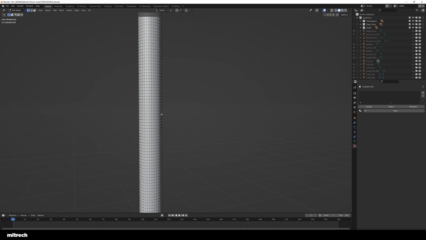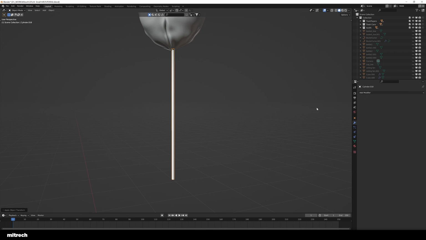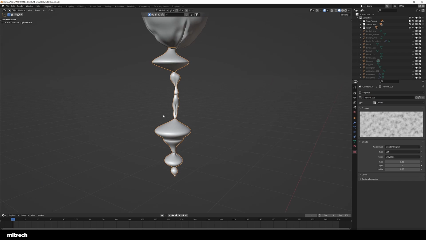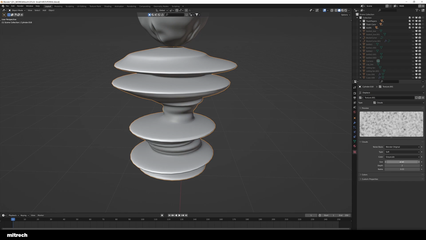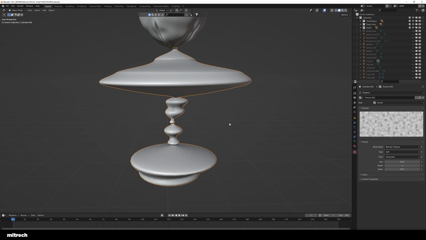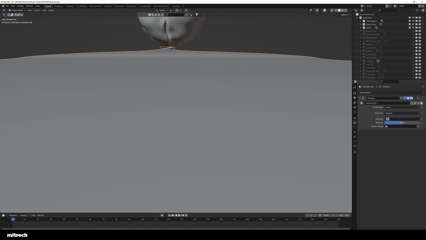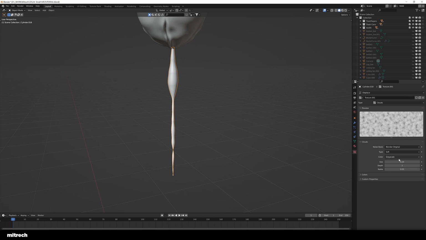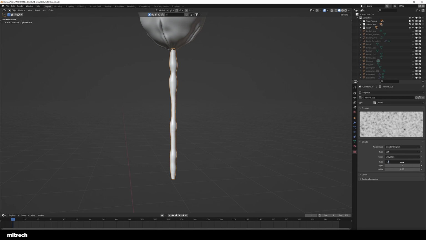You want to get squares because we're going to add a displacement modifier, and you want to have nice and even displacement all over the cylinder. Just play around with the parameters, the strength as well, until we get something that kind of looks like liquid coming out of that alien thingy.